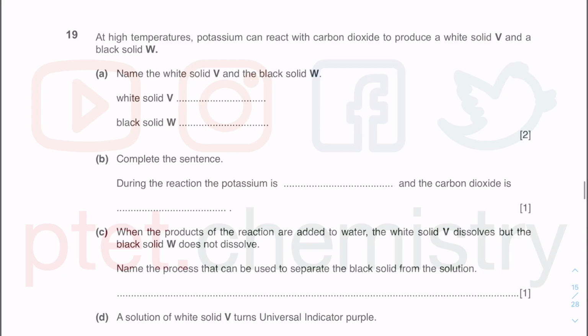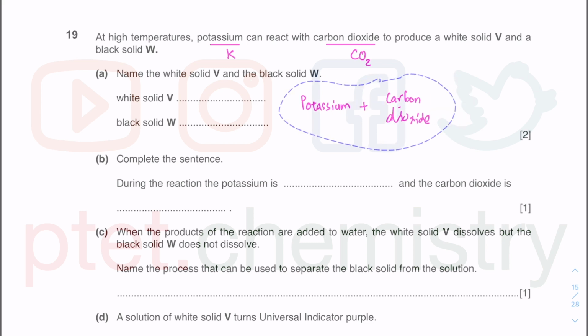Question 19, so we have high temperatures, potassium can react with carbon dioxide. Carbon dioxide is CO2. Potassium is a group 1 element in period 4. You produce a white solid and a black solid W. So what's going to happen is you have potassium. If I just write a word equation, because we can think about potassium is a more reactive metal than carbon,